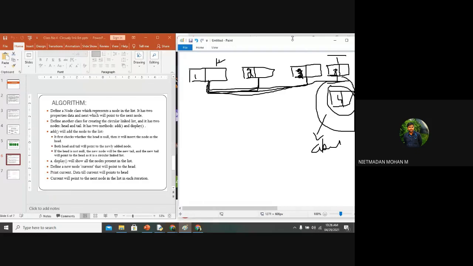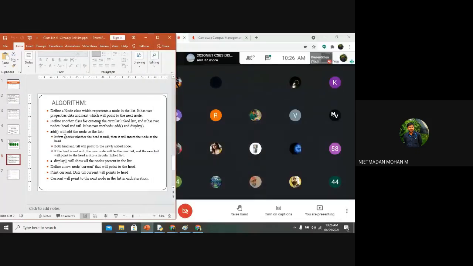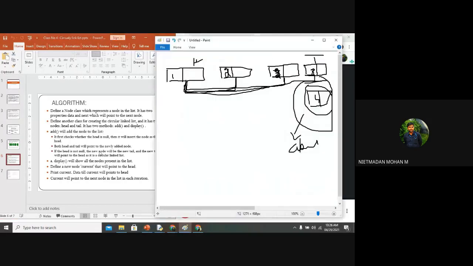So this is the process. The program will be continuously storing the data. We want to create an add function for adding an element, and after that you want to display with the display function the current element whatever you have given. This is the first element I am adding over here. So current dot next, current dot next, current dot next will be the process. After this, the display function will work. Now we will share this.